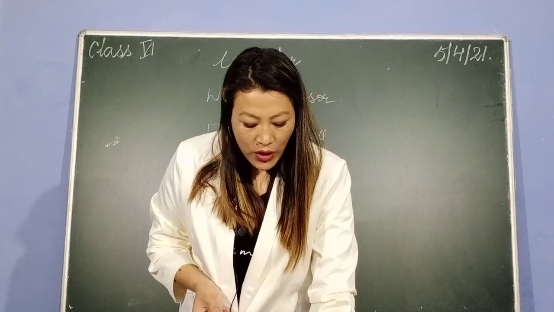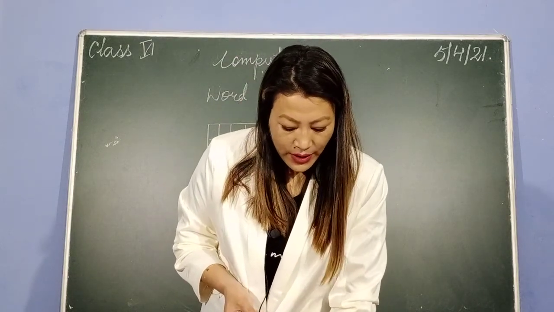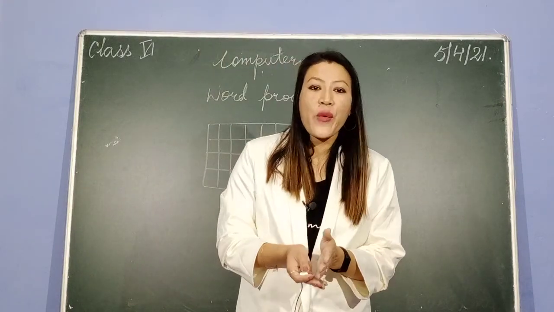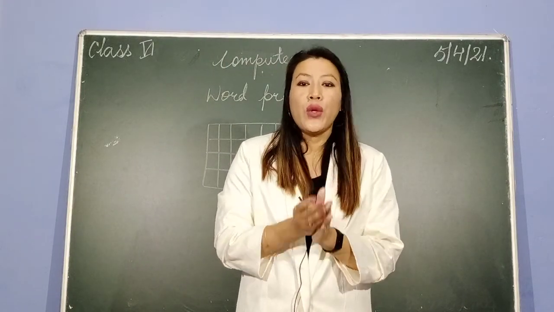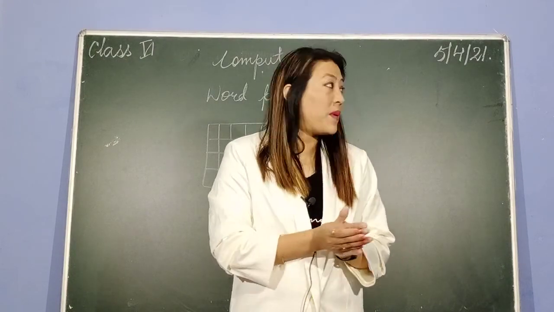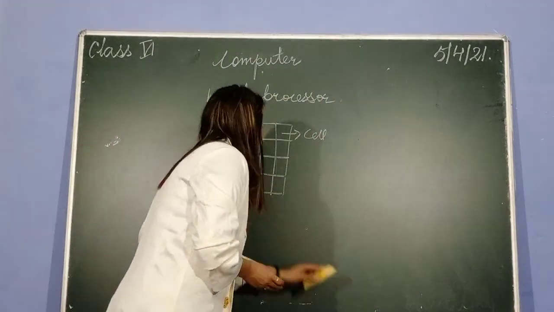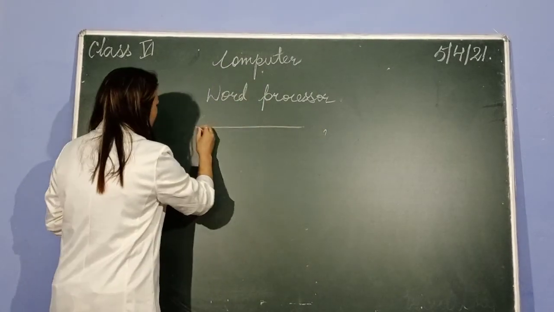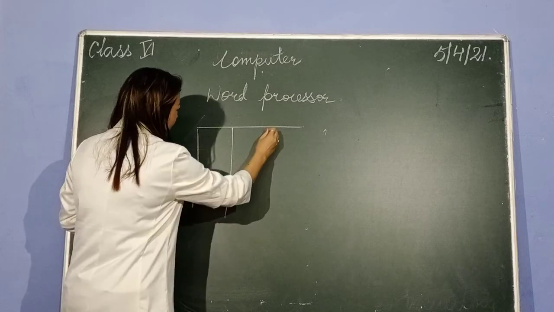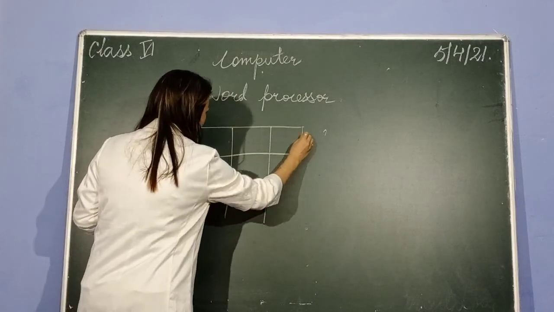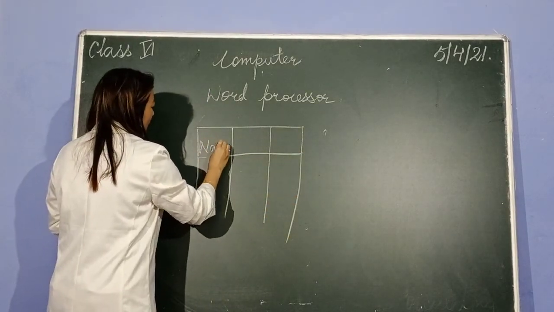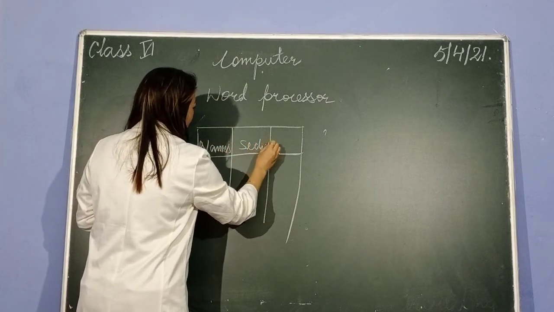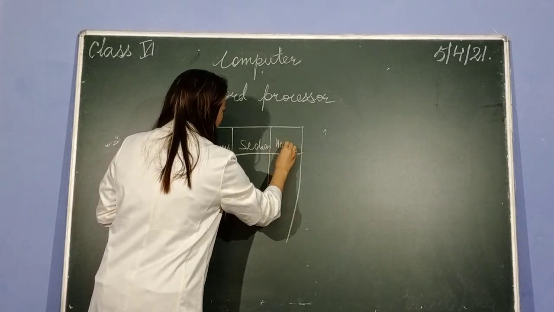A table is an organized presentation of data segregated among a number of rows and columns. If you want to segregate certain things, you need to insert a table. For example, I'm making a table. Here this is a table. Here I'll write names, I'll write section, and I'll write your affiliated house.